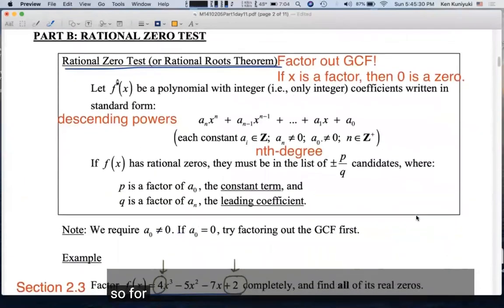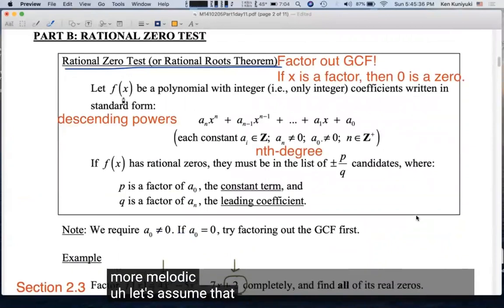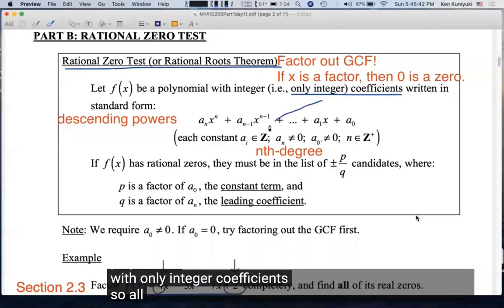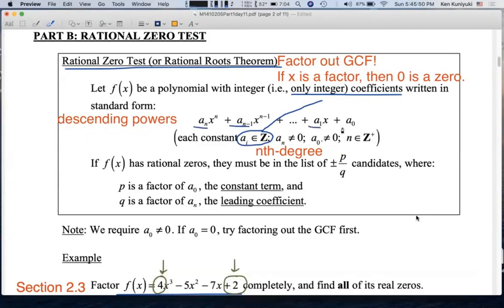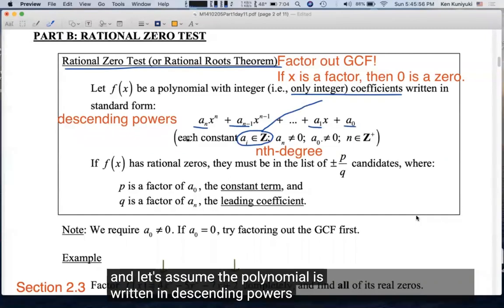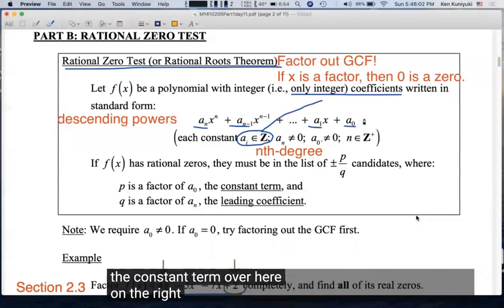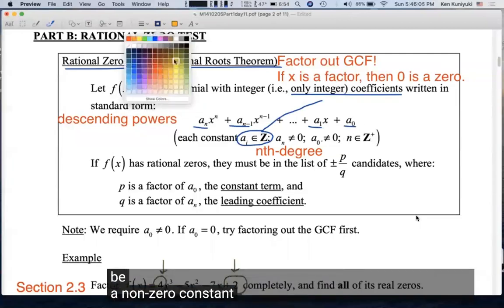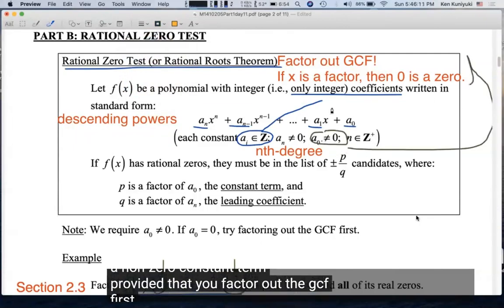So, for the rational zero test, or the rational roots theorem, which is more melodic, let's assume that f of x is a polynomial with only integer coefficients. So all of these a sub i's must be in Z, the set of integers. All these coefficients must be integers. And let's assume the polynomial is written in descending powers. The leading term over here on the left, the constant term over here on the right. And by the way, there will be a non-zero constant term,